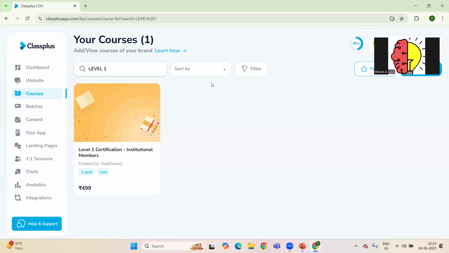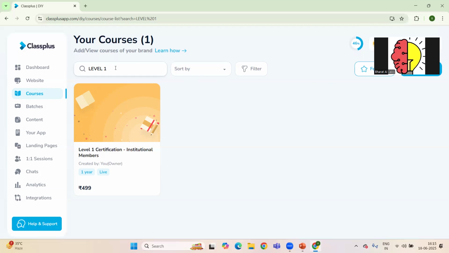So in such cases, this sort by option or filter option is very useful, just like the filter we commonly use in online shopping apps like Amazon or Flipkart to quickly find exactly what we want.